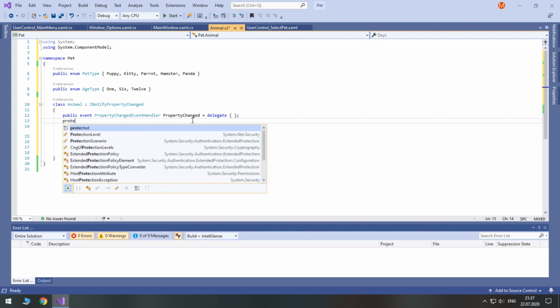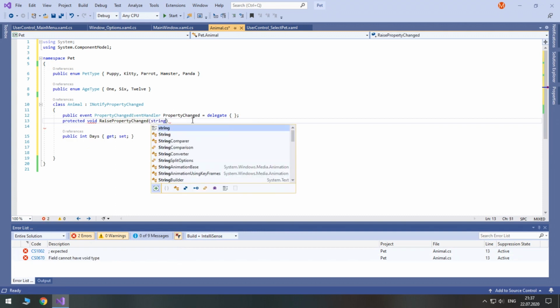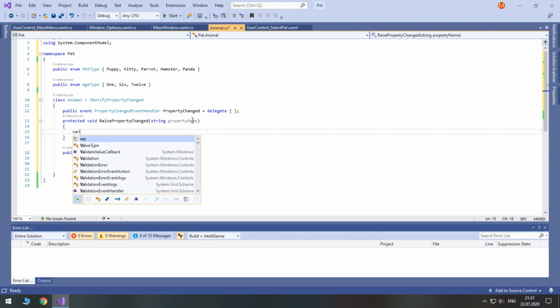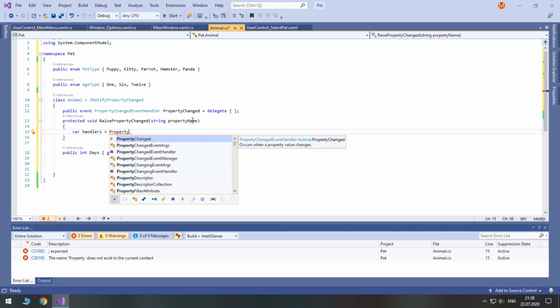So let's create a method called RaisePropertyChanged, which will accept a property name. Don't worry, you don't have to understand how it works. Just remember to type this whenever you have properties.